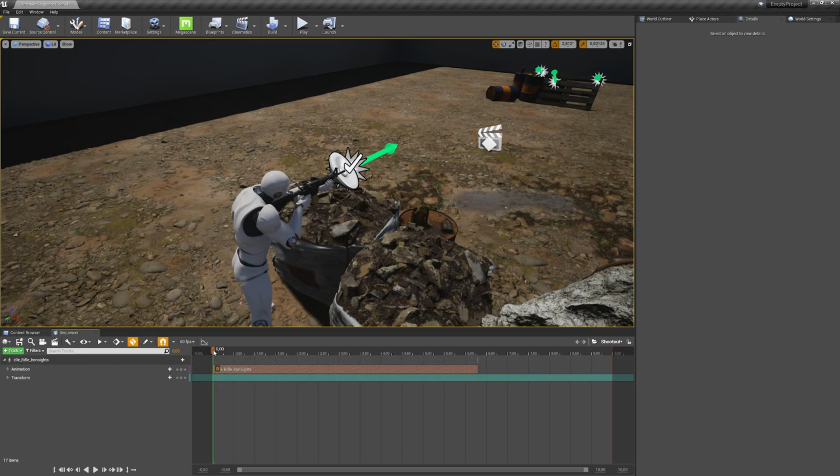You can check how the animation looks by dragging and dropping this bar around. As you see, when we move the bar, the animation plays at the position of your time slider. You can also drag and drop the end of the animation to extend it. What the sequencer is doing is looping the animation when you do so. It starts from the beginning, like you see at the start, and then here at the transition point, it also starts from the beginning. That's how you can easily loop your animations via this animation layer.